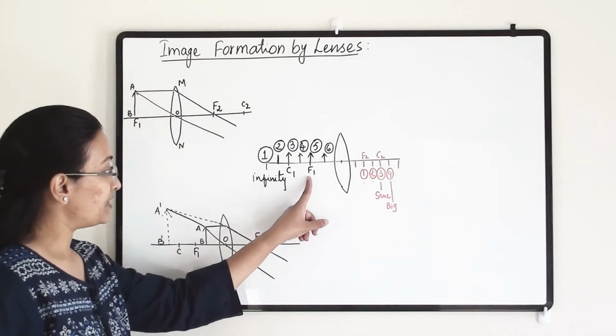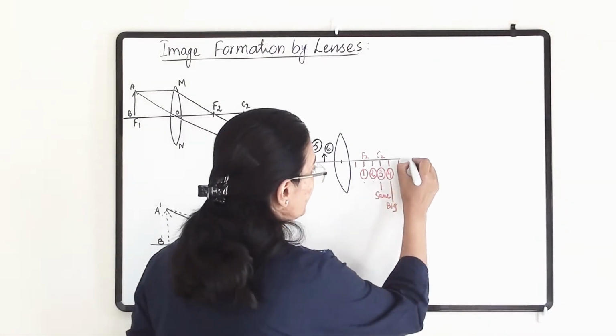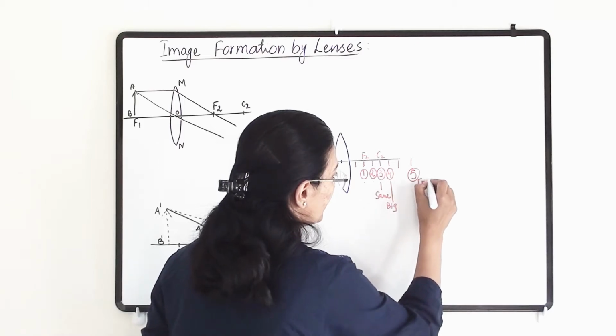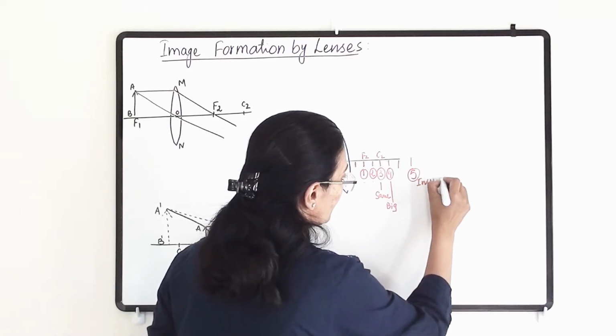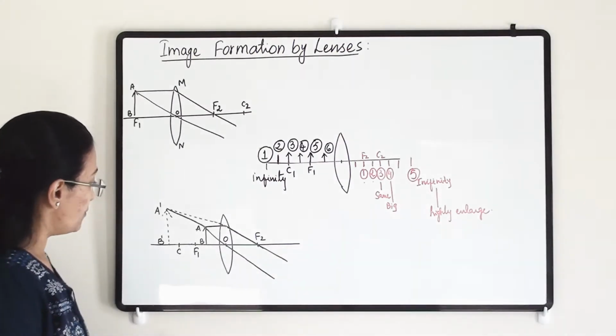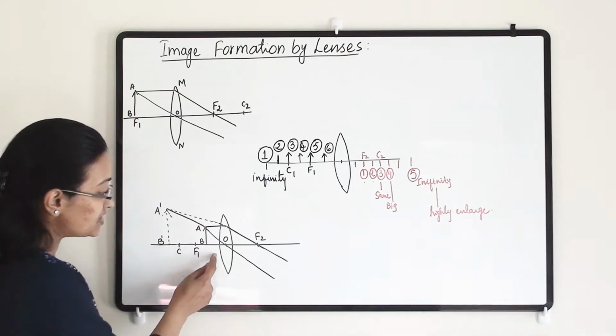So when we are keeping the object at F1, we are getting the image at infinity. So here I am going to mention 5, and here I am going to write at infinity and highly enlarged. Now last case, when we are keeping the object beyond F1 or towards the